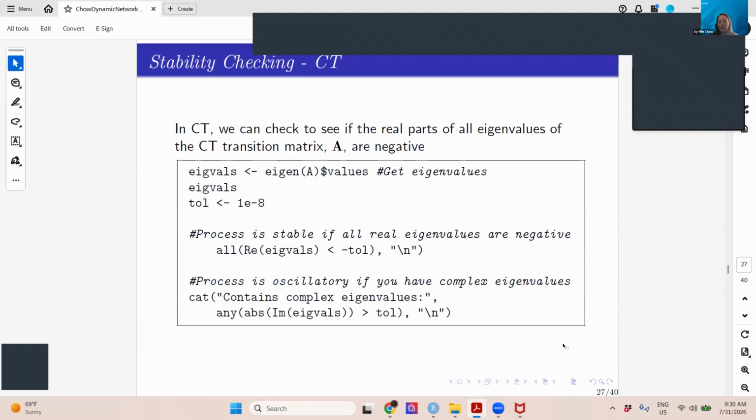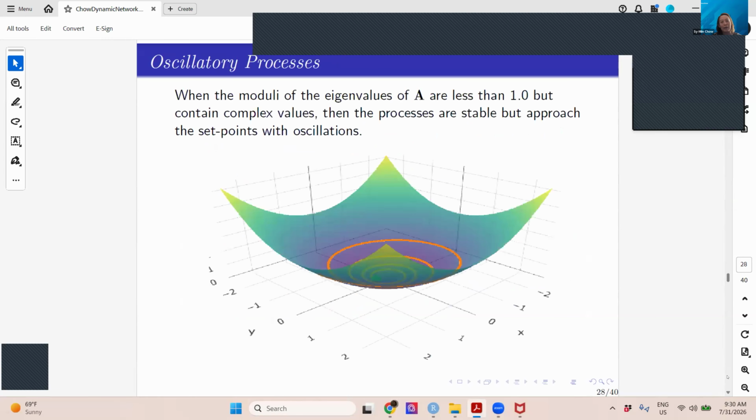In continuous time, you work with the matrix A that is in the continuous time model that I just showed you, right? So we can do an equivalent test by checking for the eigenvalues, in particular, the real part of the eigenvalues, to make sure that they are negative. And then if you have complex eigenvalues, so this is having the imaginary number square root of -1, then you have oscillations. So instead of having that ball rolling down into the valley, now imagine that,